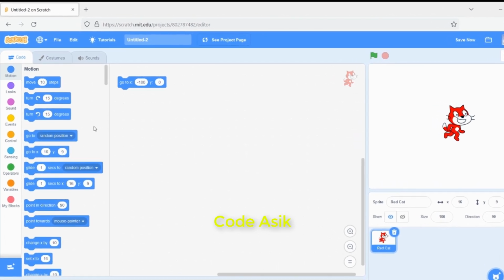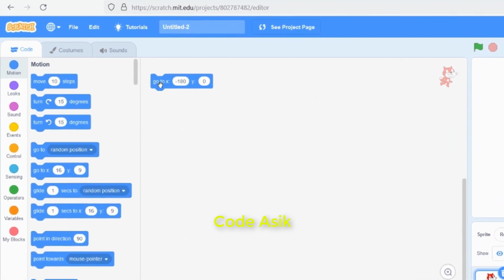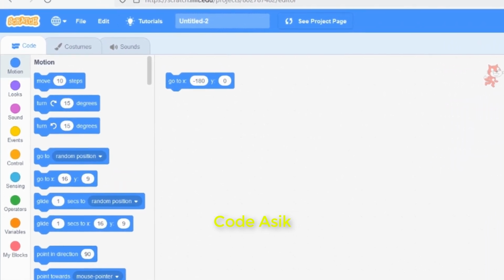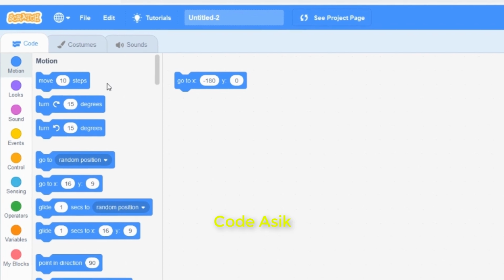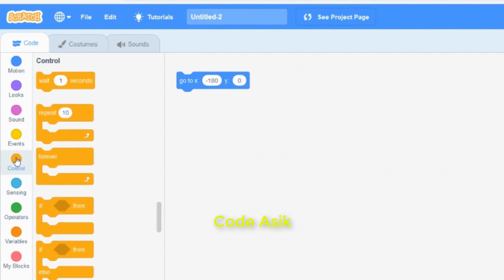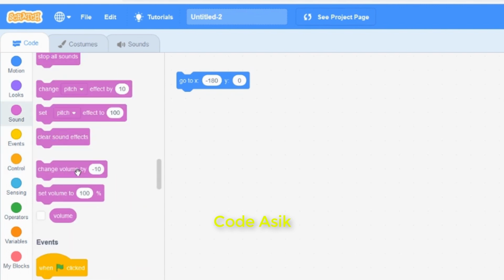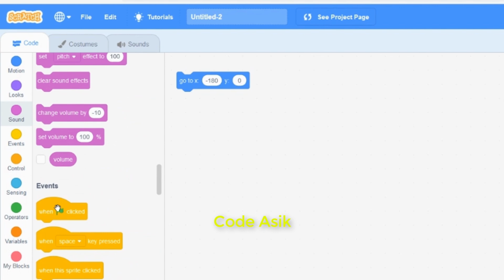Also, you can set this position using code here. First, you need to select the Event tab and choose this: when the green flag is clicked. This command allows the code to execute when you touch the green flag.